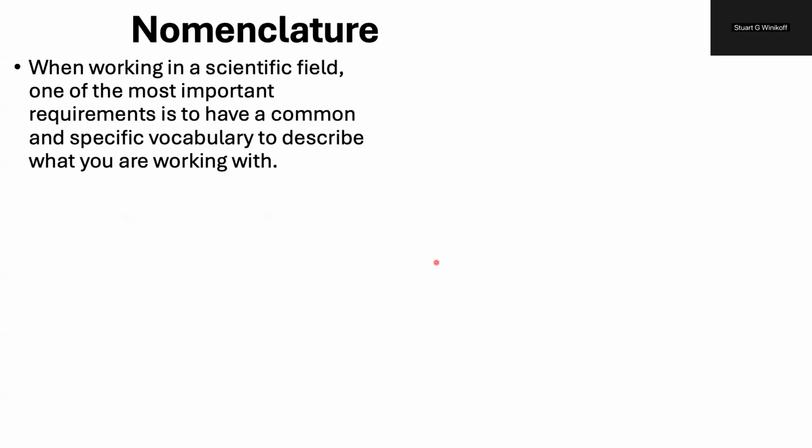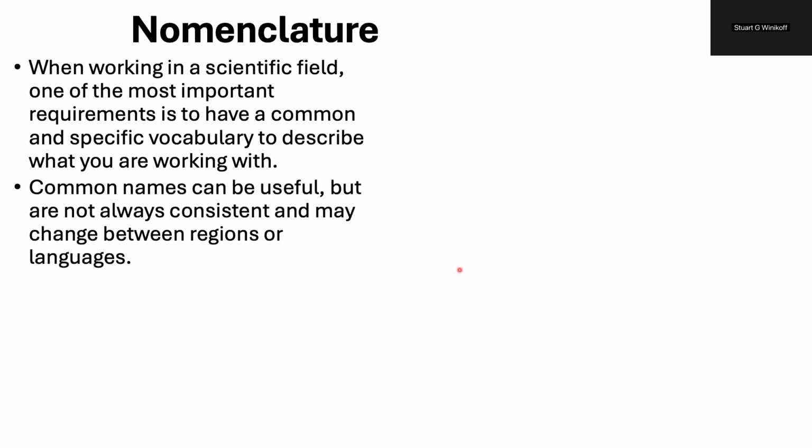So when I'm talking about nomenclature, what we're really talking about is the need in any scientific field to develop a very specific set of vocabulary. This is a way so that everybody can have a common language when talking about their area of interest. Now, this is going to be true no matter what your scientific field. Now, one of the problems is when I'm talking about things, I can't always use common names. They're often useful, but they can vary widely in between regions, cultures, vernaculars, languages,